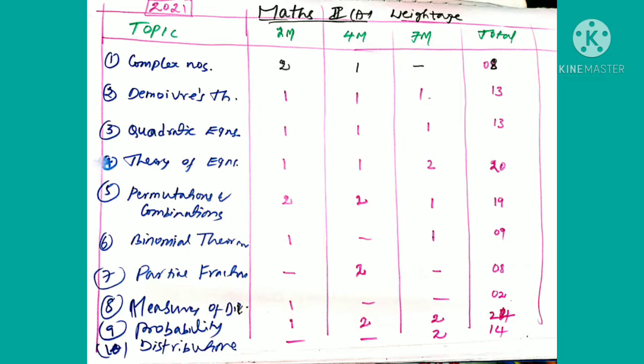You know clearly that in Section 1 there is no choice; you have to write 10 out of 10 questions, each carries 2 marks. Section 2 has 10 questions, you have to write any 5 questions, each carries 4 marks, you know very well. Under Section C also there are 10 questions, we have to write any 5 questions, each carries 7 marks. So there is a lot of choice; you have to concentrate on the limited syllabus.